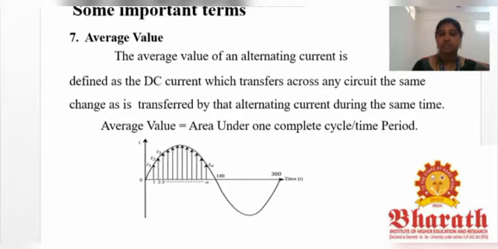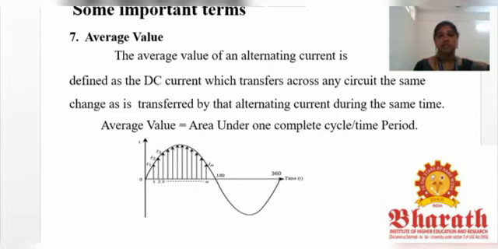So what is the time period? If you are calculating from 0 to 180 degrees, then it is only for the positive half cycle. If it is for 180 to 360, then it is for the negative half cycle. So 180 will be represented as pi. So it is pi by 2 and pi. So 0 to pi will form one complete cycle. So the time period will change accordingly.